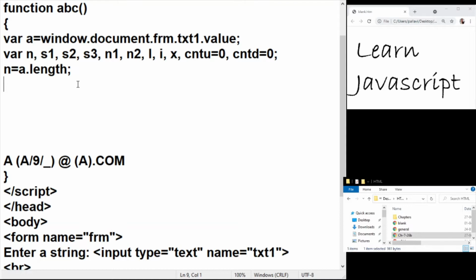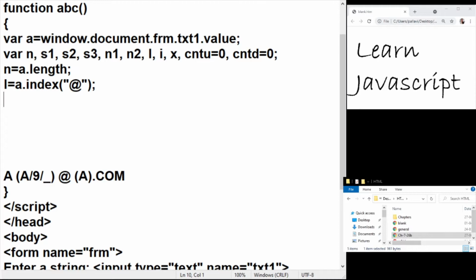And next thing I'll do is find out where the character @ is. Now, again, I'm making an assumption at this point, not to complicate the code, that there is an @ and there is one and only one @ and that it is not in the beginning and not at the end, right? So it is in the proper location. So the format is correct as of now. That is the assumption. So once I have the location of @, then I can go ahead and safely extract each of the